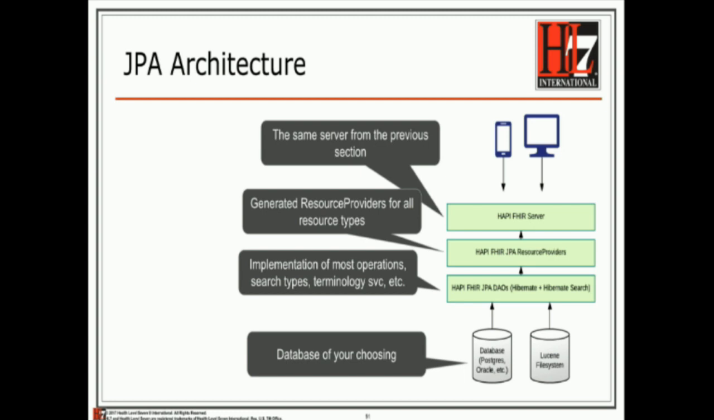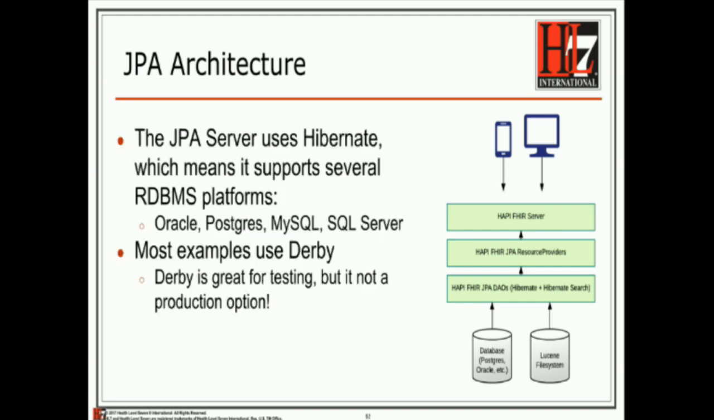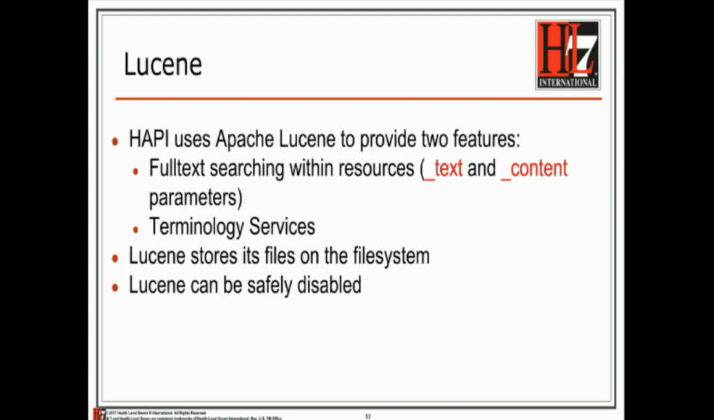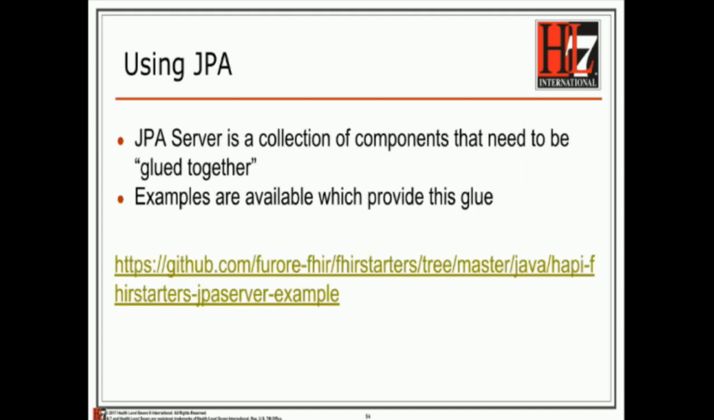We also take advantage of Apache Lucene, which is a full-text indexing engine for a bunch of things, including terminology lookups and full-text searching across resources. So there's a whole bunch of power that exists within that framework. So I guess, final thing about that, there's not a whole lot more to say about